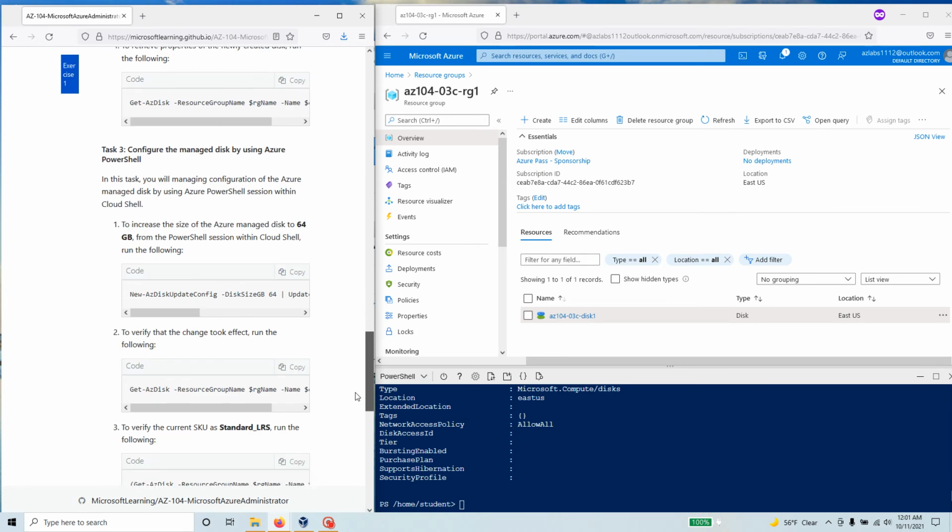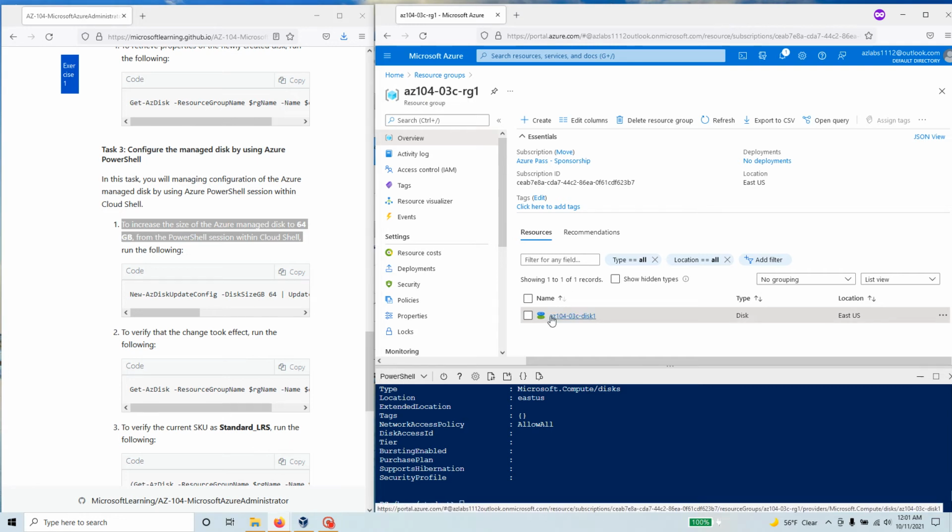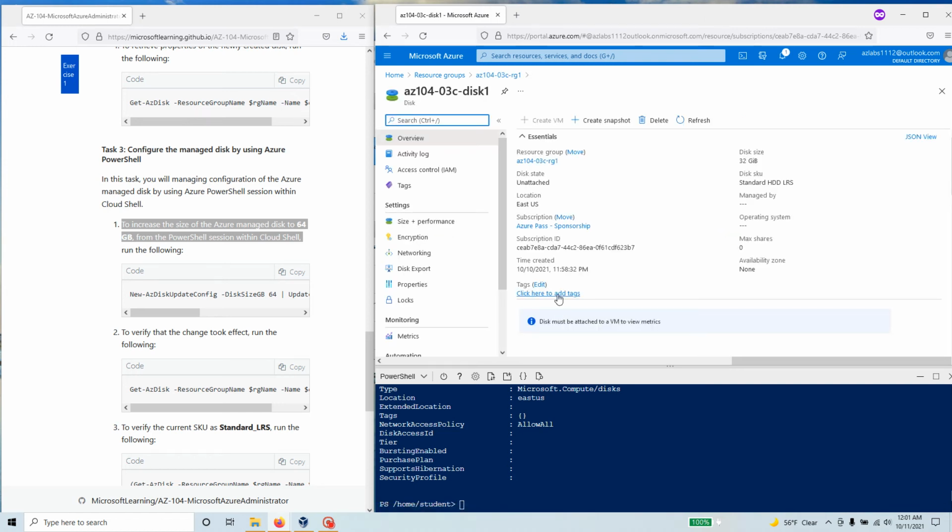So let's come down here. Over here you see, configure the managed disk by using Azure PowerShell. We're going to increase the disk size. We created one disk in this resource group in the last video, and the size of the disk is 32 gigs. So what we're going to do in this video is increase the size to 64 gigs, and the command is